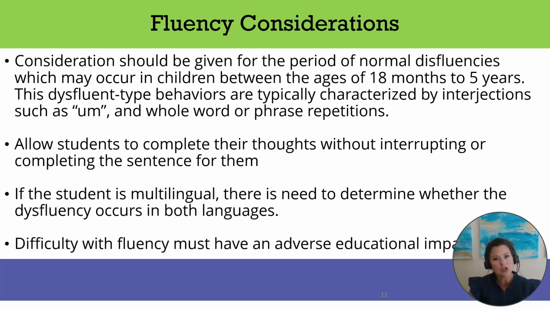Some consideration should also be given for young children when there's concerns about fluency, as they go through or may go through a period of what's referred to as normal disfluency. This occurs between the ages of 18 months and 5 years, and they have disfluent-like behaviors. They're more characterized by things like whole word repetitions or phrase repetitions, and for the most part they're not aware of it or even bothered or concerned by it. But if this goes on for an extended period of time, then that may be a signal to look more